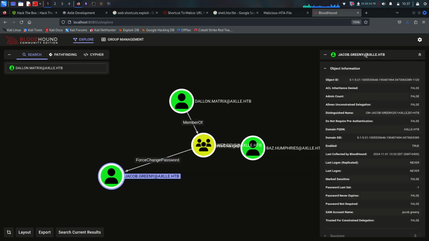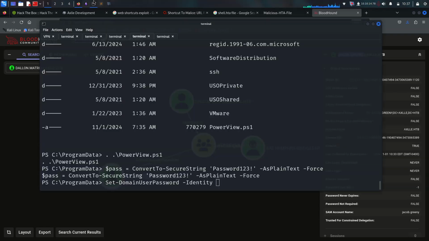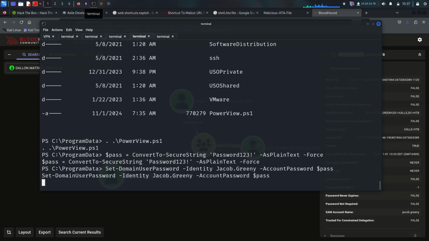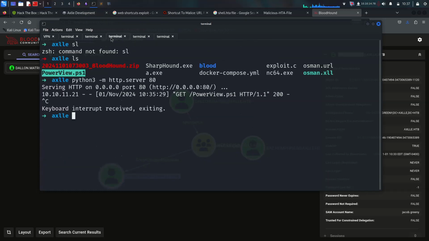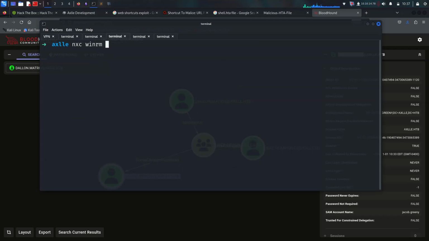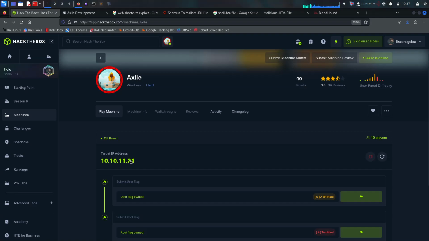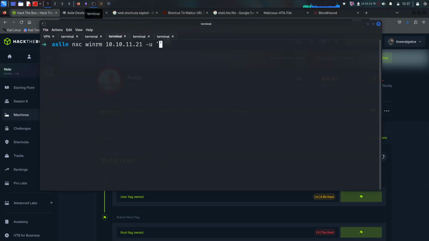Alright, it's Jacob Greeny, that's fine, and Jacob dot Greeny, dash AccountPassword and then giving it with the pass. Alright, I think it's going to work, so let's try nxc winrm, we can try xll.htp, but just give it the Jacob Greeny user, and dash p. It's going to be the winner, right? Password